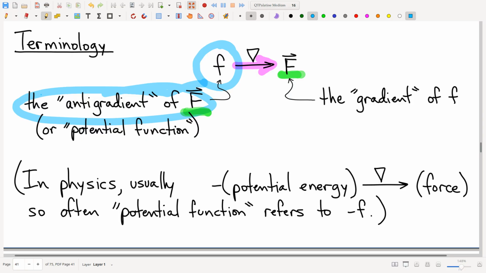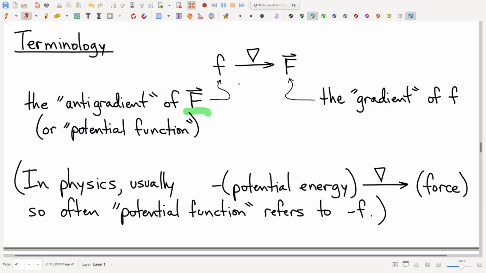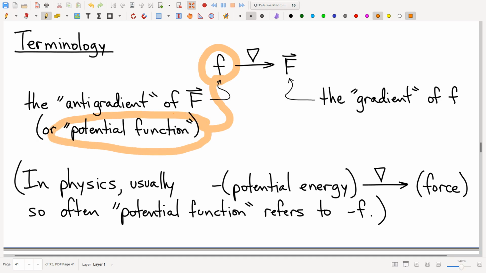Okay, so that's my favorite terminology there. FYI, the more common terminology is to call this function the potential function. So heads up, you're going to hear that term a lot. Now, why do they call it a potential? What's the motivation for calling it a potential function? Well,